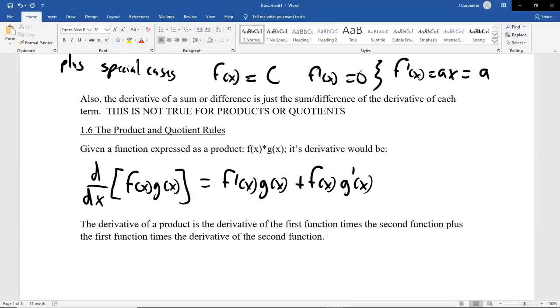That's using our words. Each of these terms has something about the first and the second function, f and g. In the first term, it's the first part of the product that has a derivative, but the second one does not. In the second term, the first part of the product now does not have a derivative, but the second one does. So it's a mix and match. Think of this as a mix and match. Each of these terms has to have something from both parts of the product, where one of them's the derivative